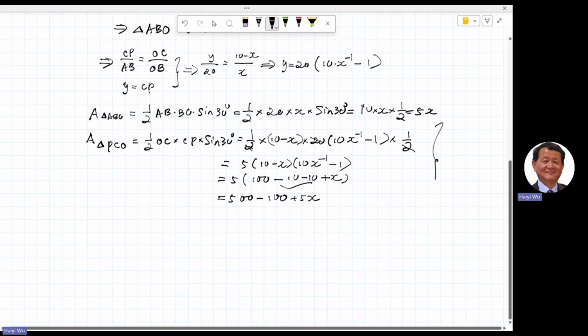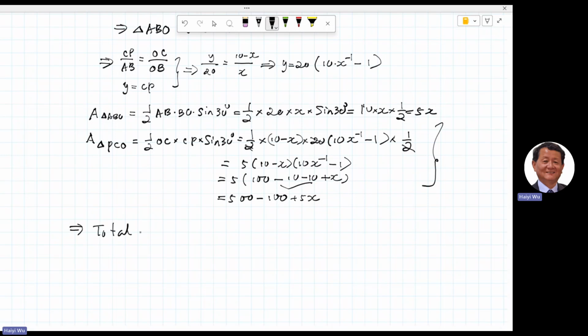If I'm going to put this together, the total area equals the area of triangle ABO plus the area of PCO, which is 5x plus